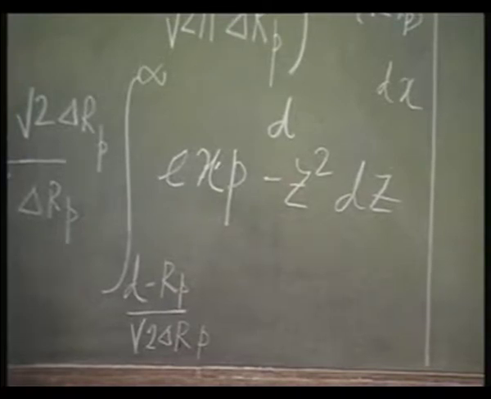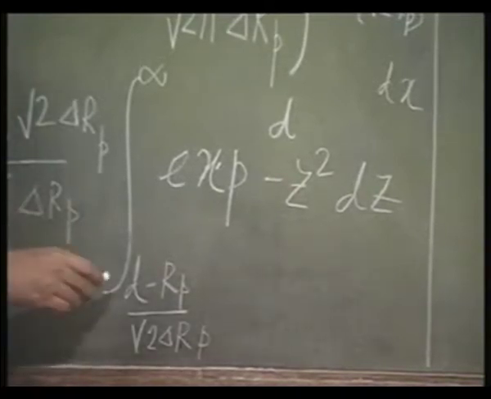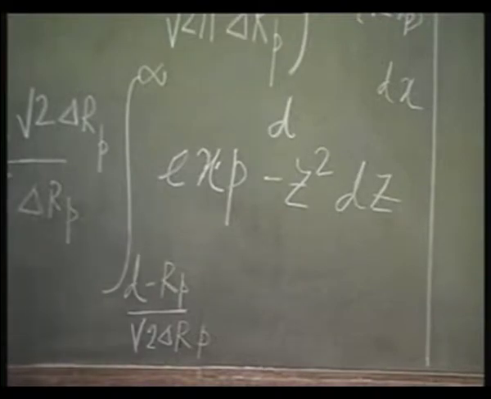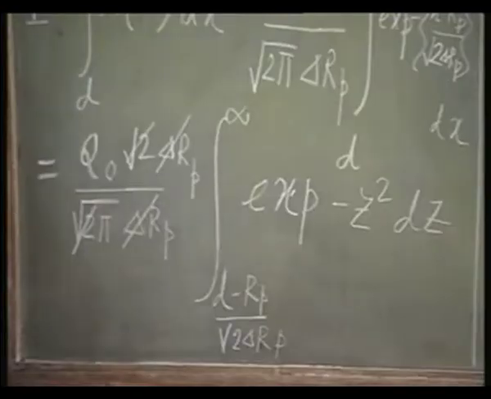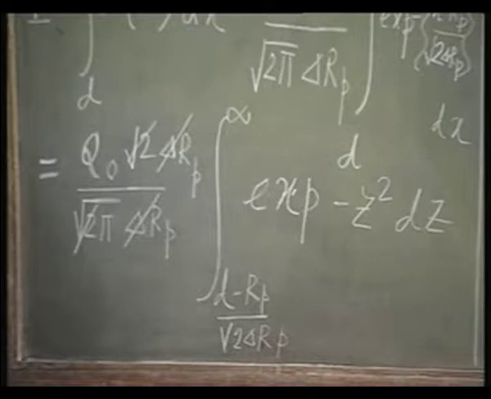Isn't it? When x becomes equal to d, in that limit z becomes equal to d minus r p by root 2 delta r p. Okay. So, I can cancel out delta r p, can cancel out root 2, so that